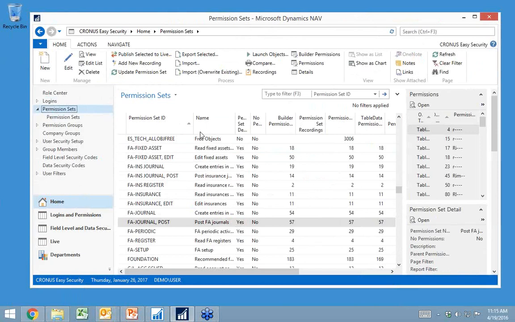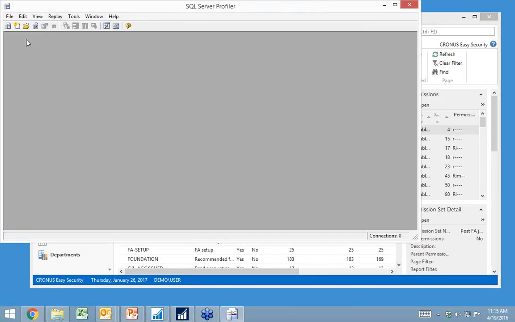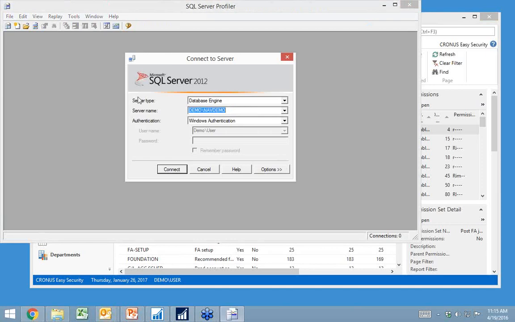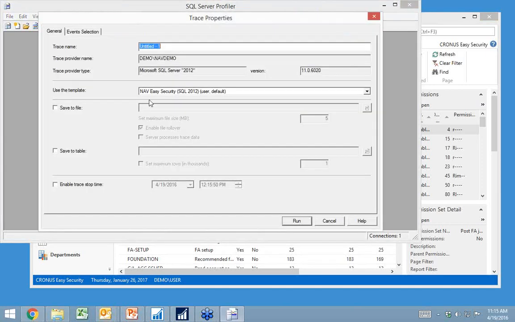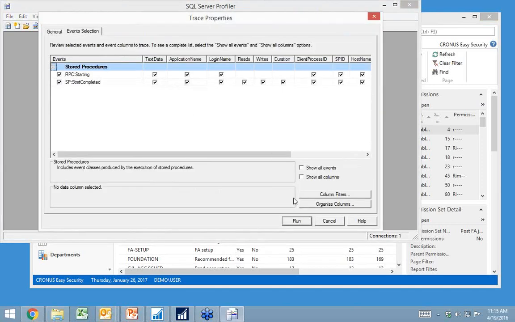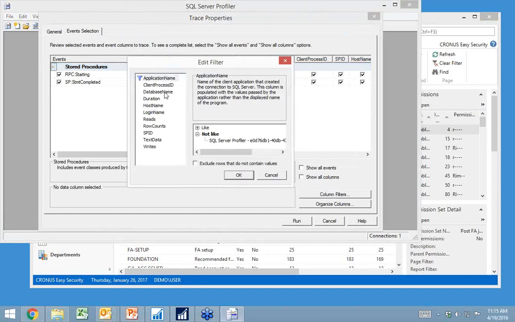We can record permissions. And when we record permissions, we can use it both to correct permission errors or build new permission sets. So I'll go in here and start my recording. And we use SQL Profiler for the recording. It has a lot of advantages. One of them is that we can actually record a totally different user. We're looking at what's happening inside the database, not what's actually happening inside the client.